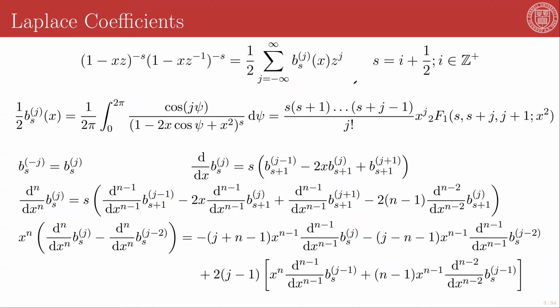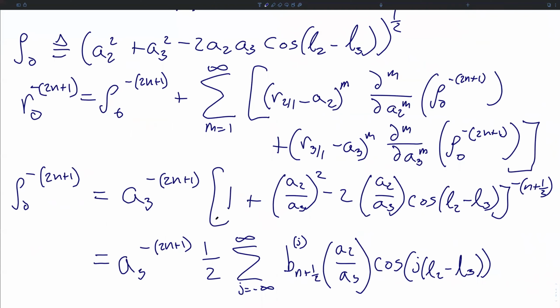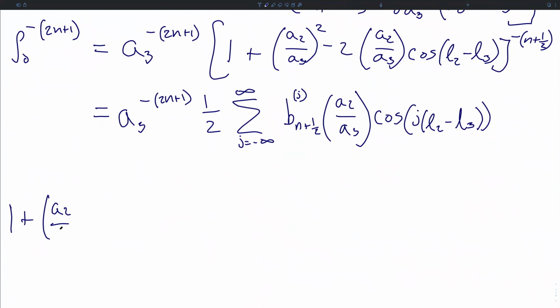So first, let us demonstrate to ourselves that our particular expression actually does fit this form, and then we'll return and talk about what the Laplace coefficients are and what some of their useful properties are. We have this argument, 1 plus a2 over a3 squared minus twice a2 over a3 times cosine of L2 minus L3. We can rewrite this as